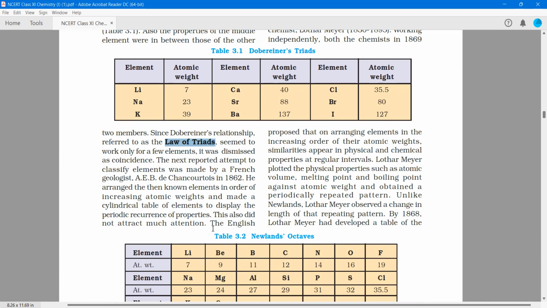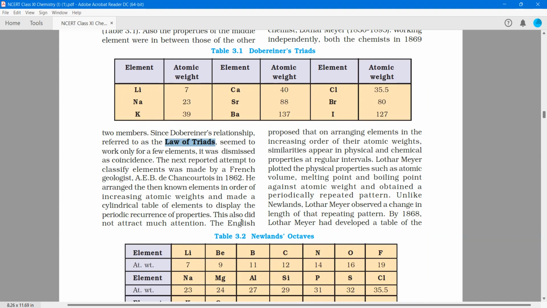attract much attention. तो इसने क्या किया बेसिकली, जितने भी एलिमेंट्स तब जाने जाते थे उन सबको इंक्रीजिंग एटॉमिक वेट के हिसाब से अरेंज कर दिया और सिलिंड्रिकल टेबल बनाया। वो इस बुक में कहीं मेंशन नहीं है, फोटो नहीं है, तो सिलिंड्रिकल टेबल बनाया और उसमें दिखाया कि जो एलिमेंट्स हैं उसका कैसे पीरियोडिक